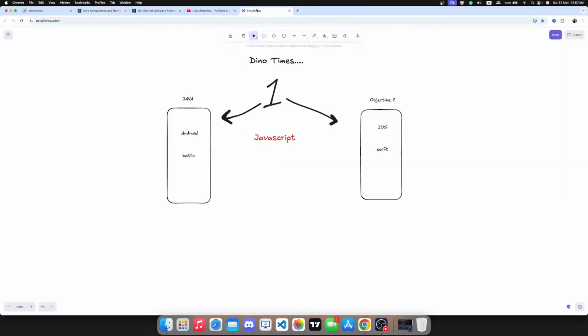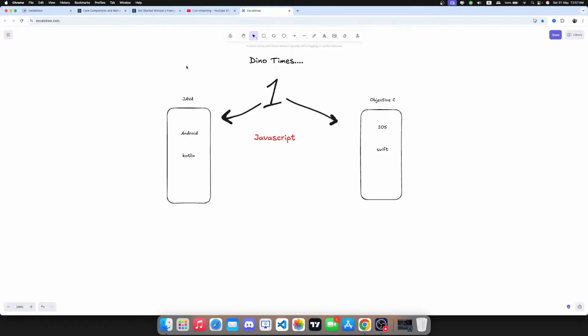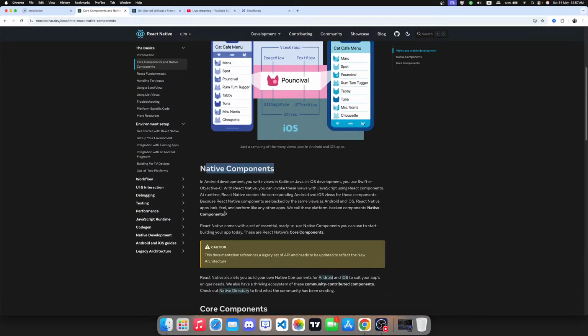Okay. So the only reason we are here is because of this. I was saying, why is it image view for Android and text view for iOS? It's because of these, and later on we're going to see that as well. So yeah, native components in Android